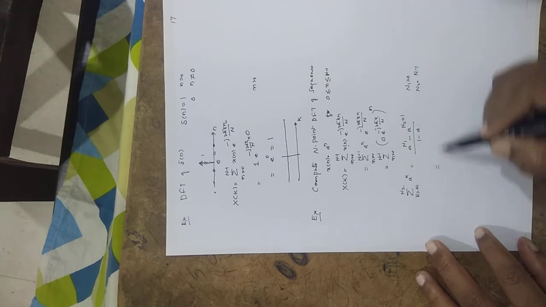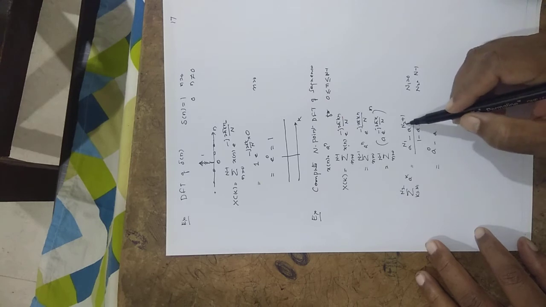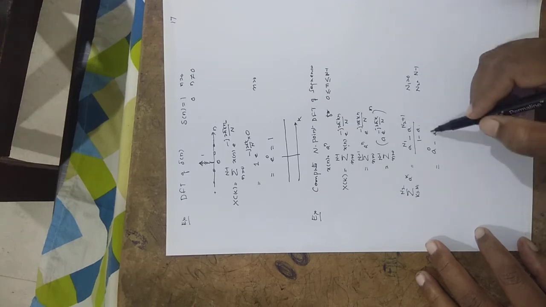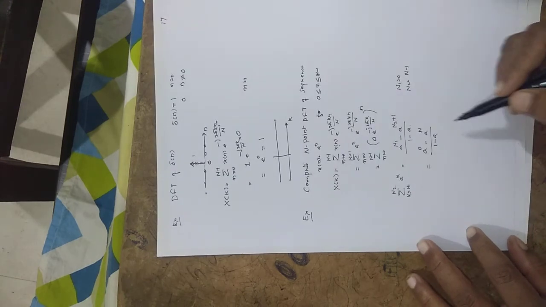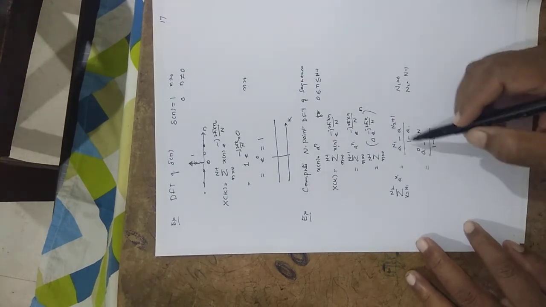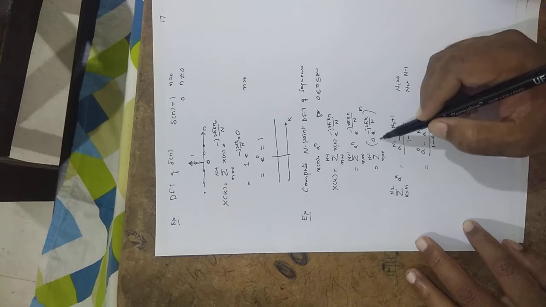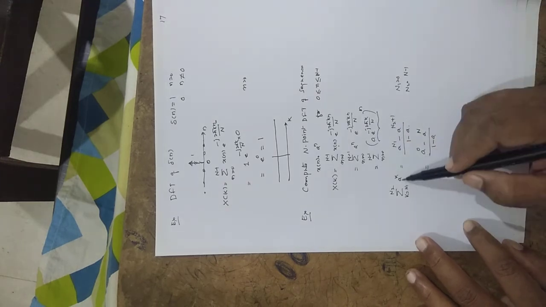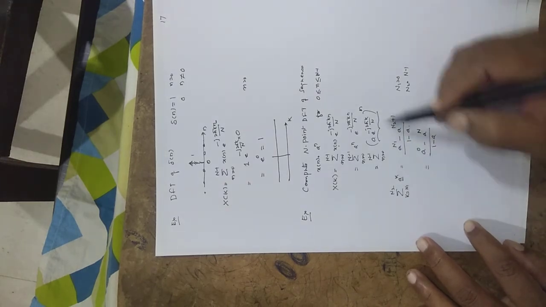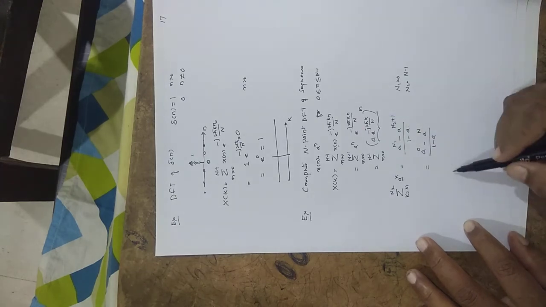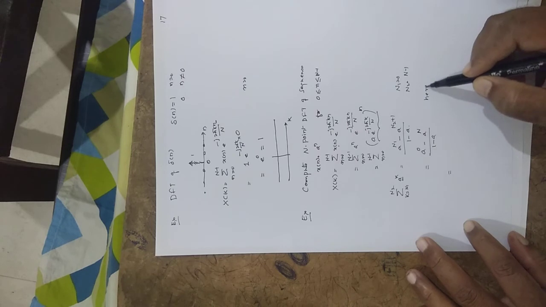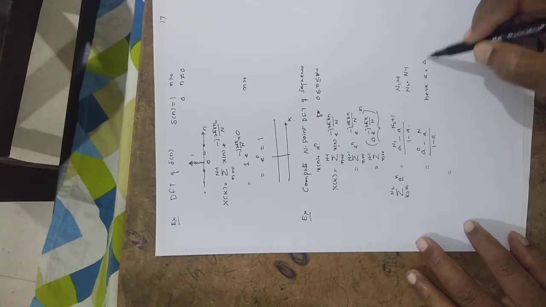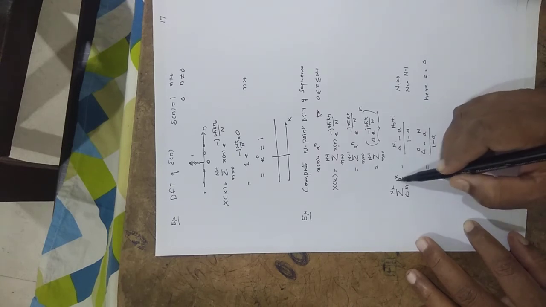If I substitute the values, this will be a to the power of 0 minus a to the power of n minus 1 plus 1, which comes out to be n only, divided by 1 minus a. So here, in our case, what is a? This whole term is the a. Here I have taken an example, but in our case, this is a whole term. So instead of a, let me take this as b.